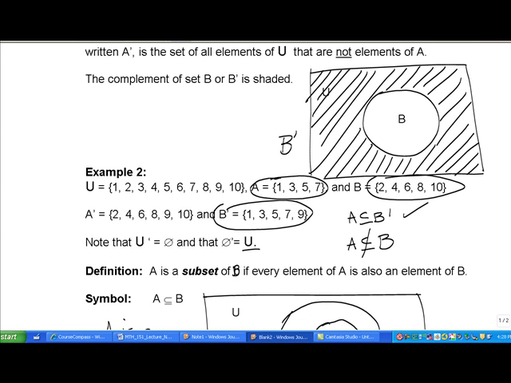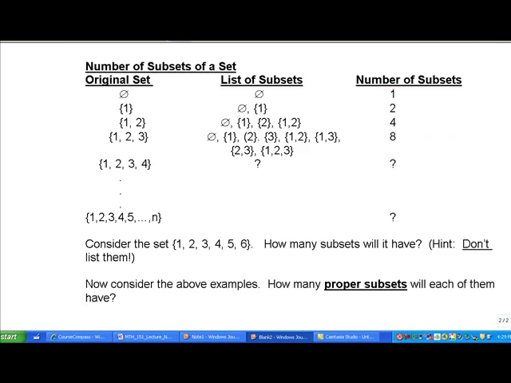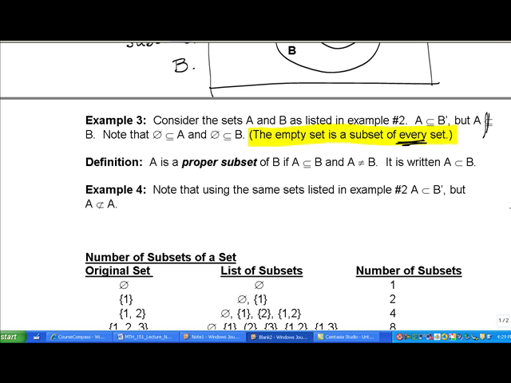So if we look back at our example up here, is A a proper subset of B complement? Okay, let me erase. We're not looking at B here. We're looking at B complement. All right, 1, 3, 5, 7. Okay, we do have A as a subset of B complement. And notice A is not equal to B complement, because B complement contains a 9, whereas set A does not. So that means we do have A is a proper subset of set B complement. Notice that A would not be a proper subset of itself because A equals A. Okay, now the last thing we